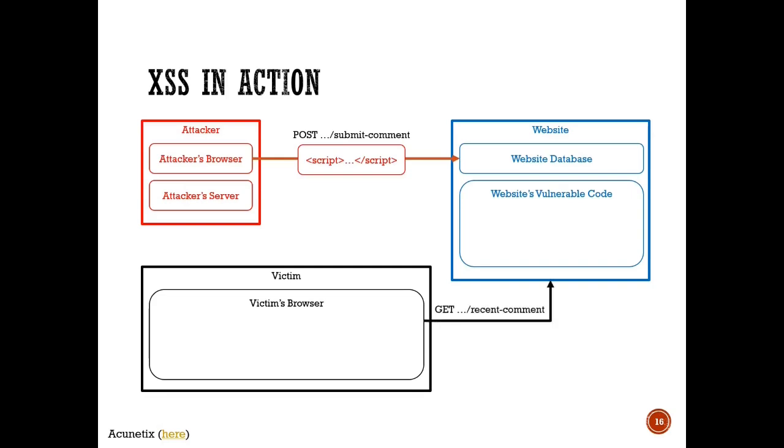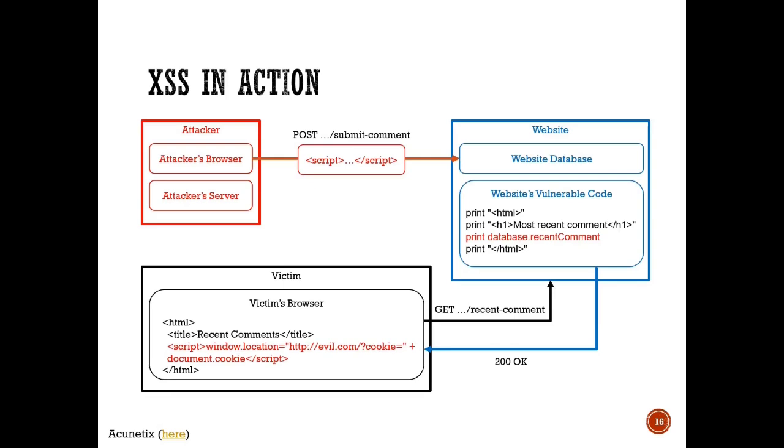A GET request is sent to the website, which then does what it's supposed to do, creating the page, which includes running a request to fetch all the comments from the database. The page is delivered to the victim, which then displays the page in their web browser. As part of that display, however, the browser reads the command to switch location to evil.com and report the cookie